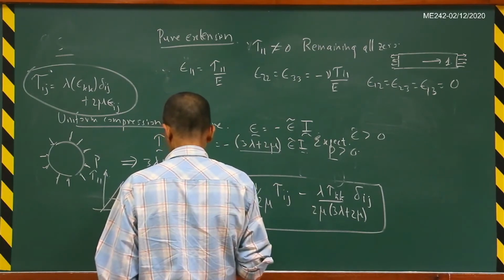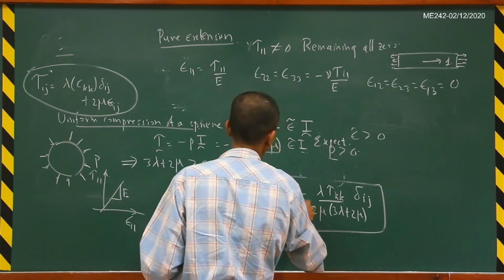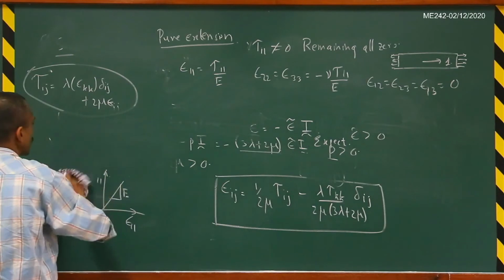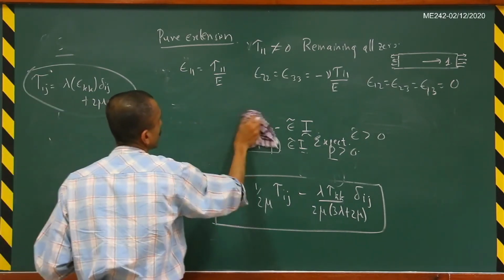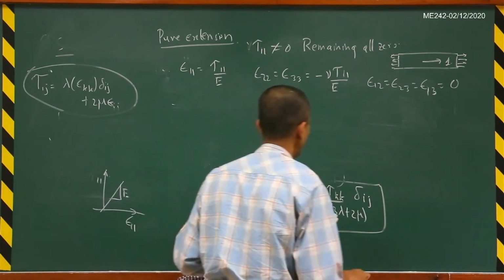So now what I will do is that I will use this particular relation here. So let's see what we get by using this particular relation. Yes. So let us call this star.